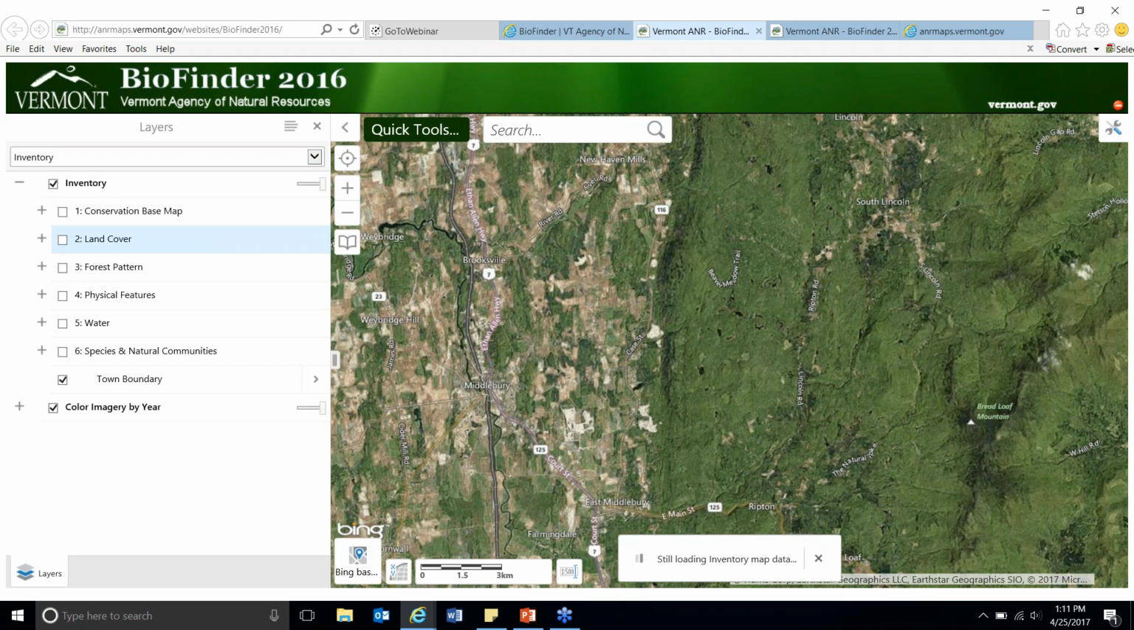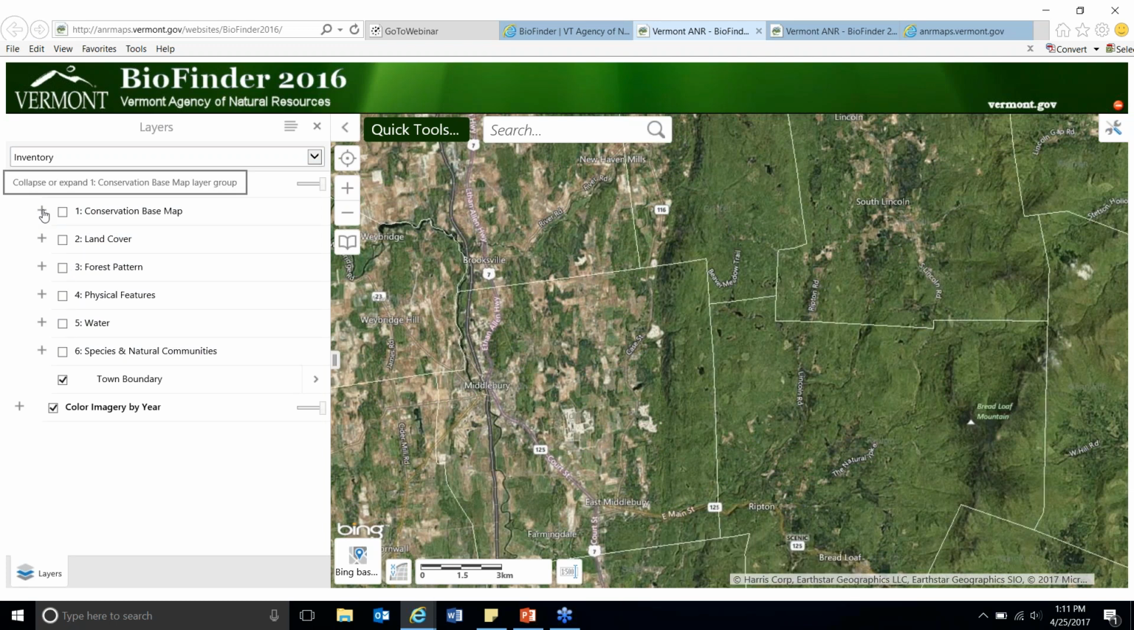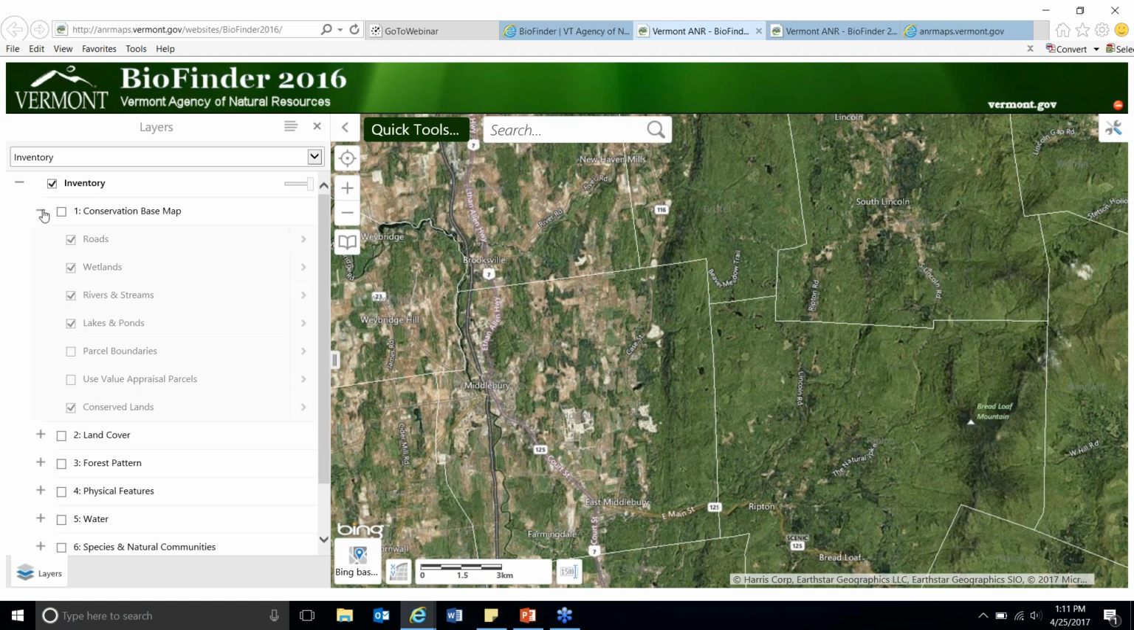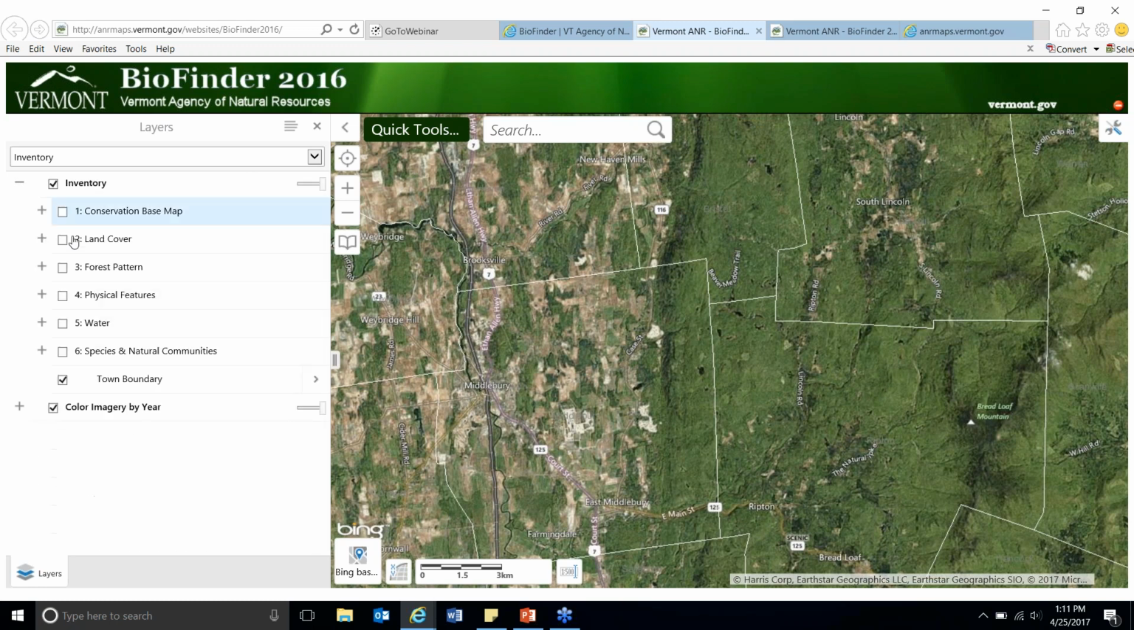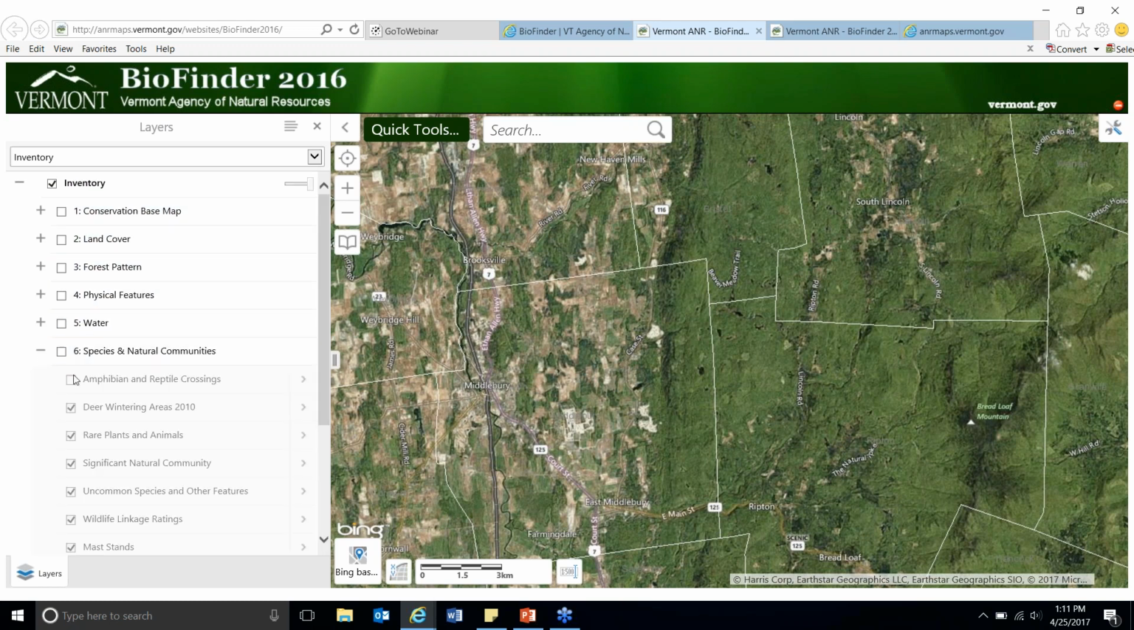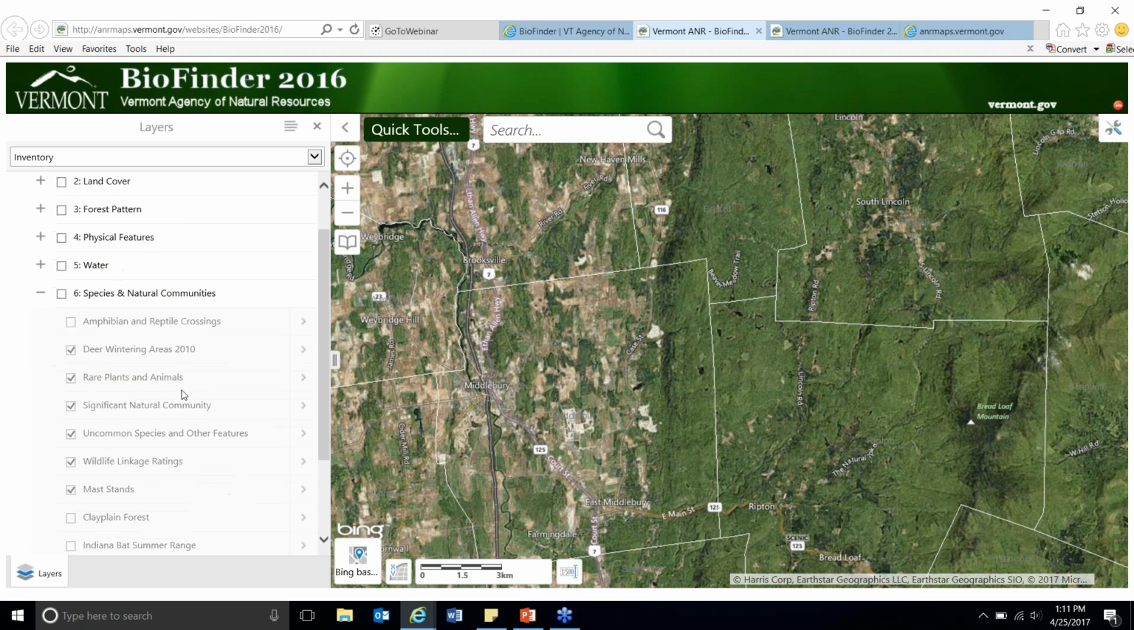This is not prioritized, or at least most data sets in here are not prioritized in any way. This is still just information that people use in conservation planning, but it's much more broad. So it's listed by 6 different maps, and each map has a different topic. These 6 maps are ordered so that if you start at the top, this is very general information, and then it kind of zooms in closer and closer until in map 6, we have things like amphibian and reptile crossings,